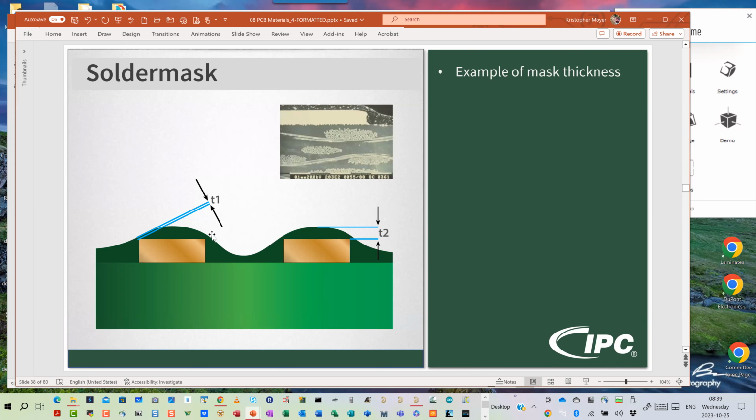So if you are attempting to have a minimum solder mask thickness at the corner right here, it may require the fabricator to put 2 or more coats on. Do 1 coat, let it cure, and then come back and do a 2nd coat so you can build up this thickness. But again, if you do that, you're also going to get more thickness here as well as here,